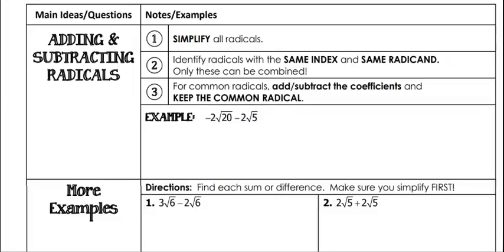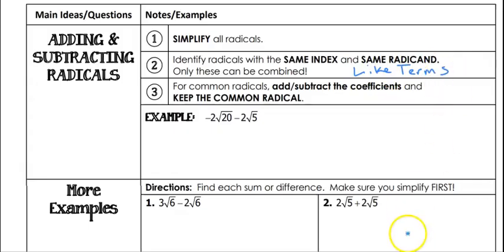All right, 7.4, we're going to talk about adding and subtracting radicals. Okay, so here are our steps. Simplify all the radicals. Anything that can be simplified, simplify it. Then we're looking for things that have the same index, which means the same root, and the same radicand, so the same number underneath. So what we're looking for, same index, same radicand, that is another way of saying like